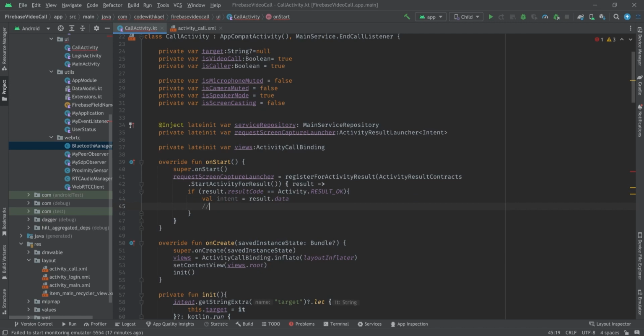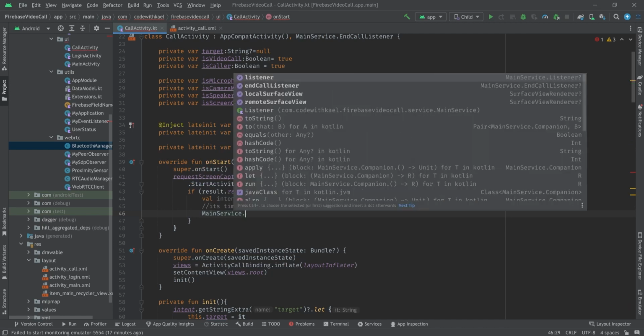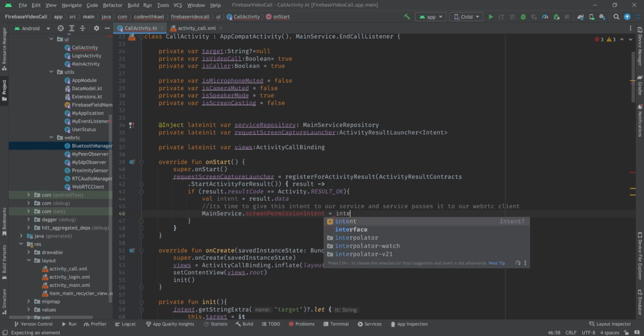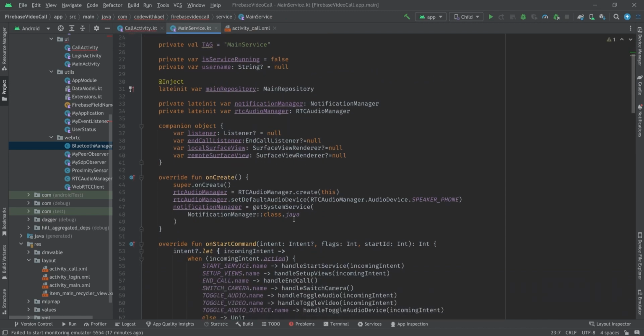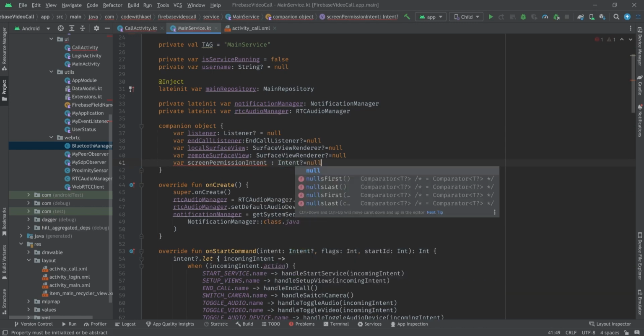And now it's time to give this intent to our service, and service passes it to our WebRTC clients. So to do that, I'll have to use my main service and set a screen permission intent to this intent. So let's go and create this object. I'll do it inside the companion object of type Intent, and it's going to be null initially,